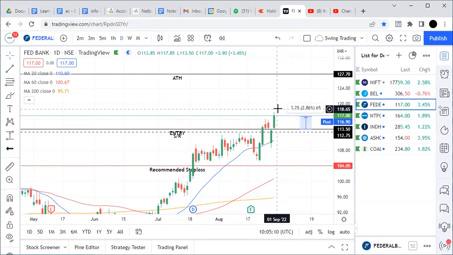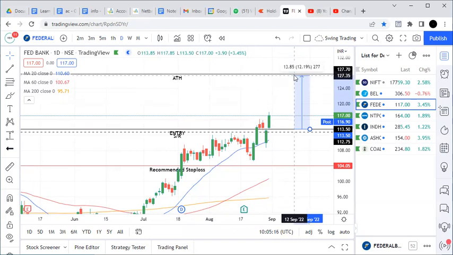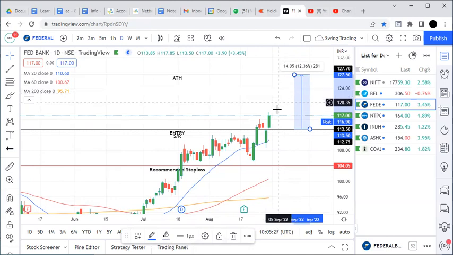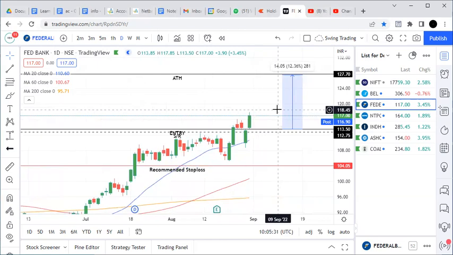So with this, I would suggest putting a target at the all-time high with this one. Okay, like around 12%, 13%, something like that. I would suggest that. Now, how long will it take to get there? I don't know. You could get there within a week's time, or it could take much longer